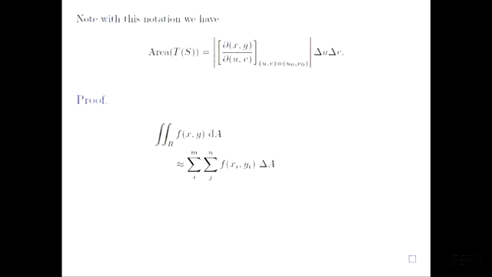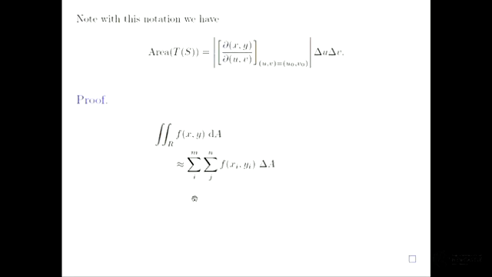What do I want to show here? Here I just want to say that now we know that the area over our region can be given by the Jacobian evaluated at a point times delta u delta v. What that means, essentially, is that if we want to take a double integral over some region R, which is given in Cartesian, or in R2, I can say that this is approximately equal to,